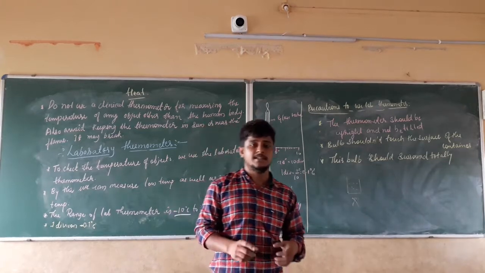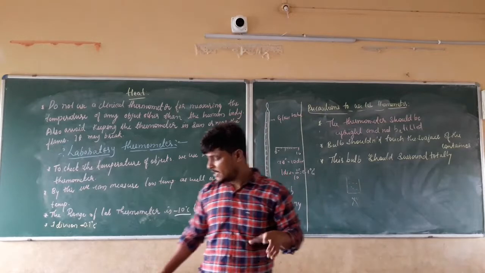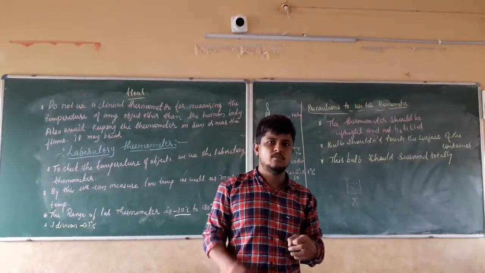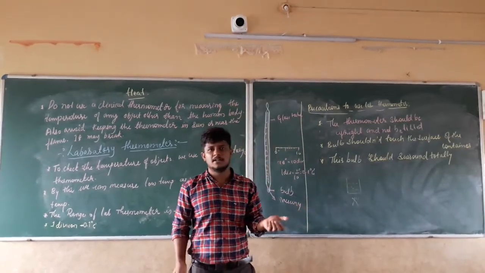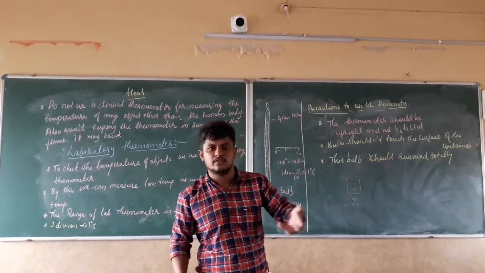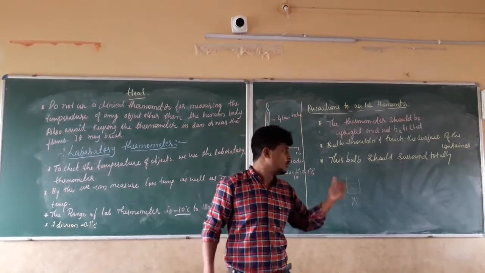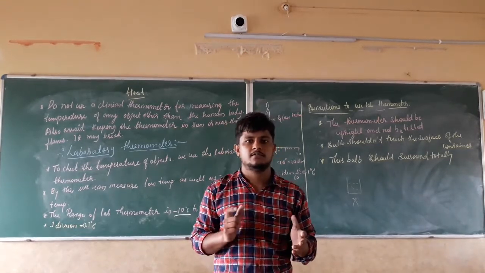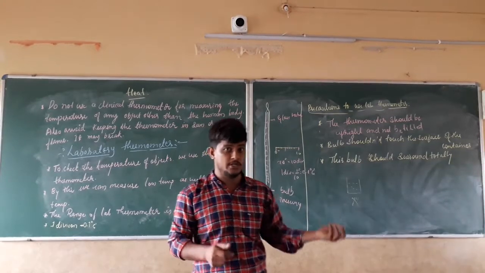For that, we are going to take a container of water, a jar or container. In that we are going to put water. Below that we are going to use a Bunsen burner, which is going to give the heat energy. We start heating the water. First, we have to check the readings one by one. It is not possible here now, but I am just telling you how to do it.